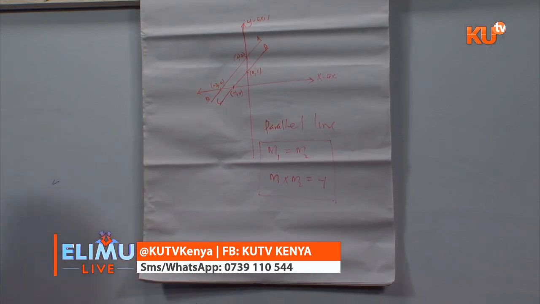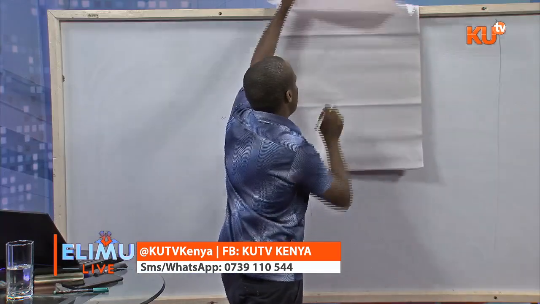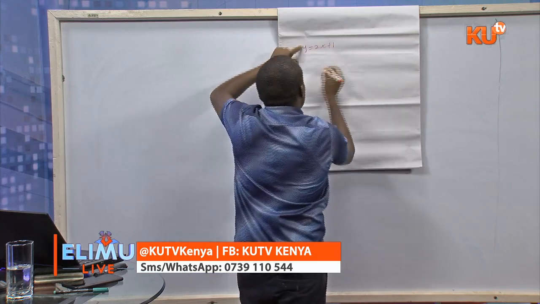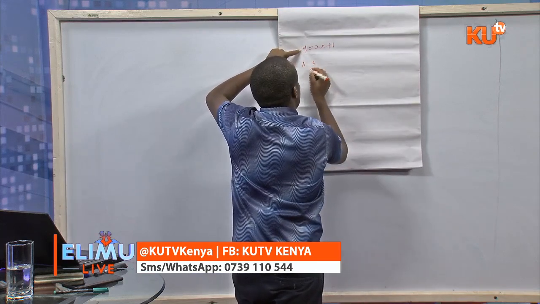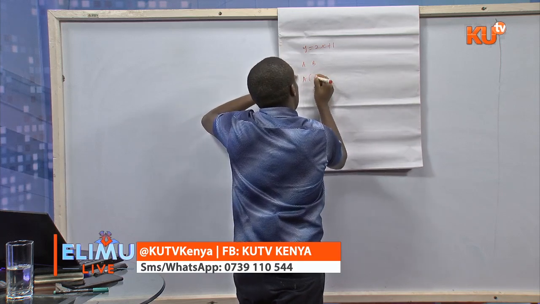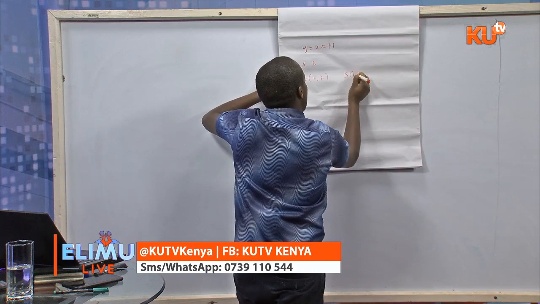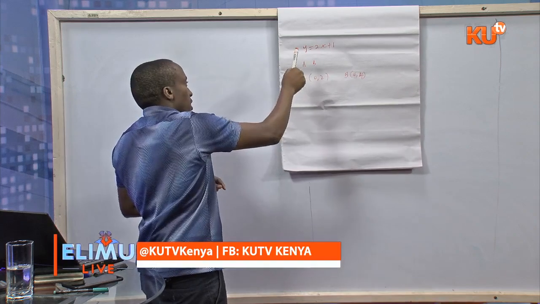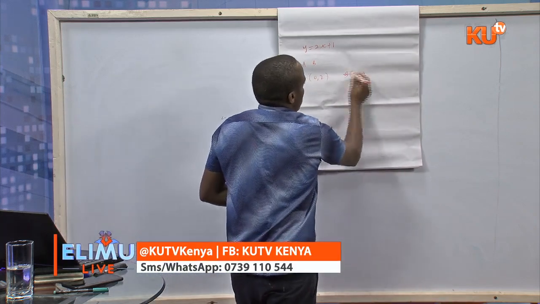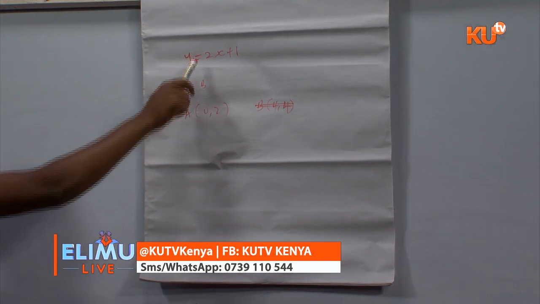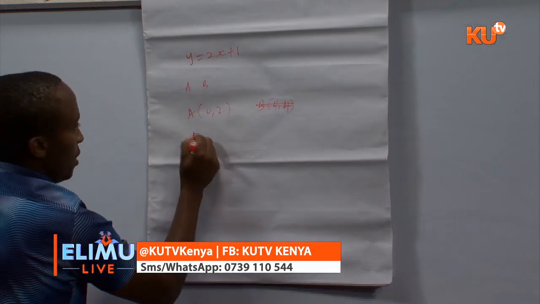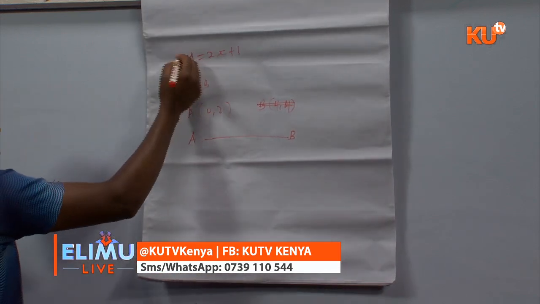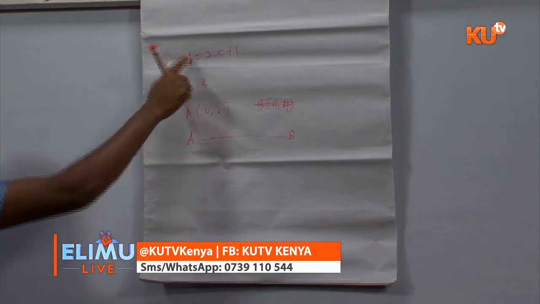So given the equation of any line, maybe y is equal to 2x plus 1, and you're given another line AB where A is 0, 2 and B is 4, 4. We want to find, given just one point like this, can we find the equation of this line AB? Given that line AB and line PQ are parallel to each other,